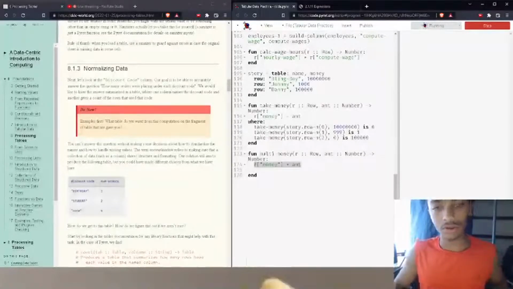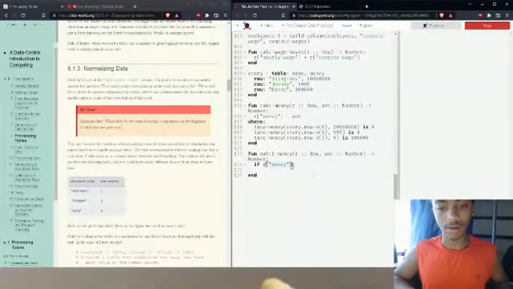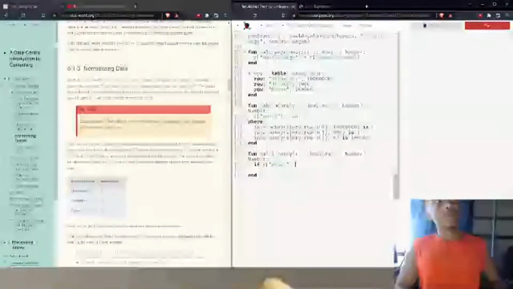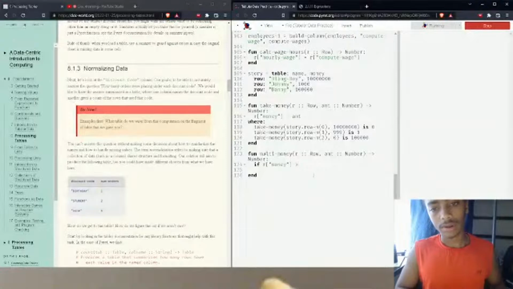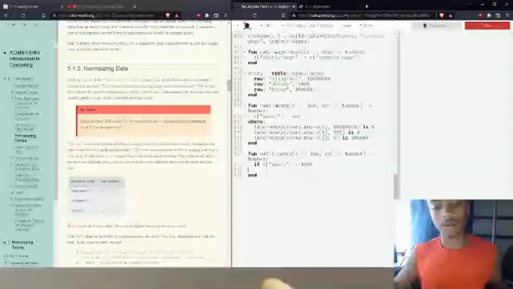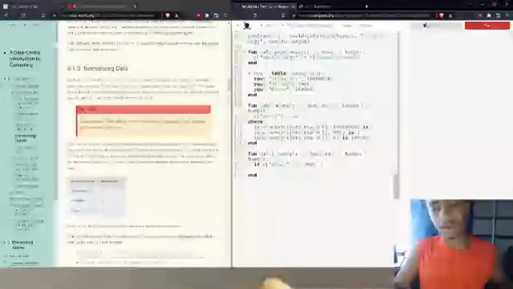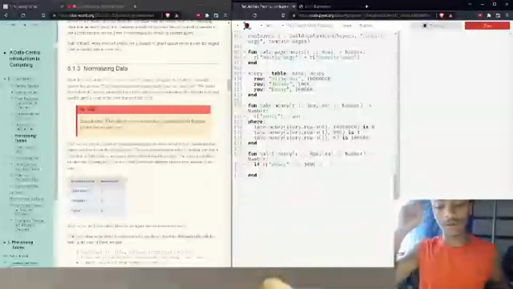We're gonna do if money is greater than, no, we're gonna do less than, greater than or equal to. Was it like this? Or was it like this? No, it has to be like this. Okay, if our money is greater than or equal to 1,000,